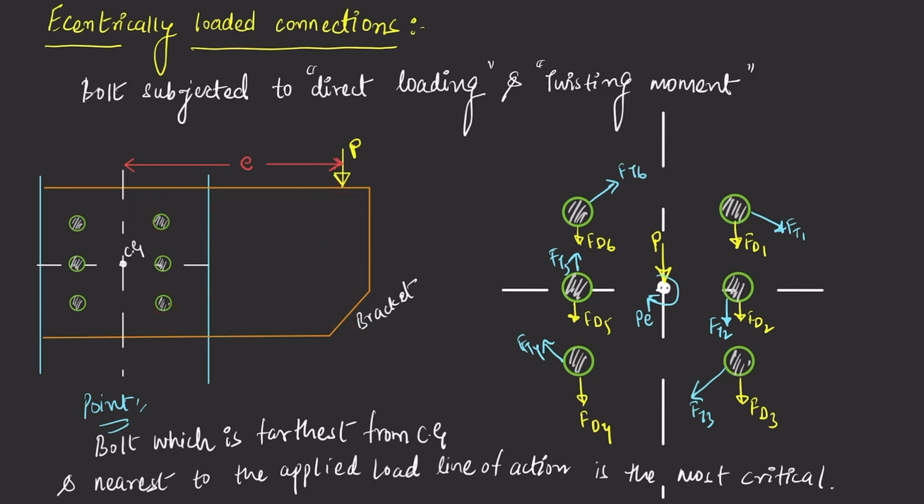Why is it important? It is important because sometimes the question asks to find the resultant force at the most critical bolt. So you can find the resultant force on this bolt or this bolt, and that will give you the answer. So come back here. This is our most critical bolt. Now let us find the resultant force over it. Before that we'll mark the distances. This is our R1, this is R2, this is R3, similarly R4, R5 and R6.